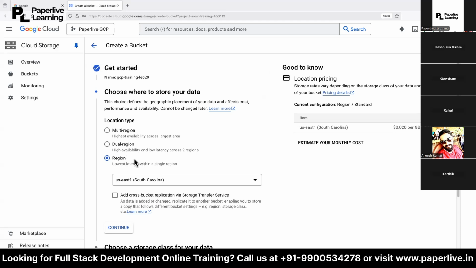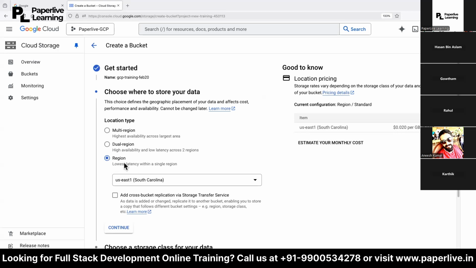I cannot guarantee 3 zones, but at least two copies will definitely be there. Is it clear? If you store one file, one more copy will be there in another zone. That is why, at minimum, this cloud storage is regional.